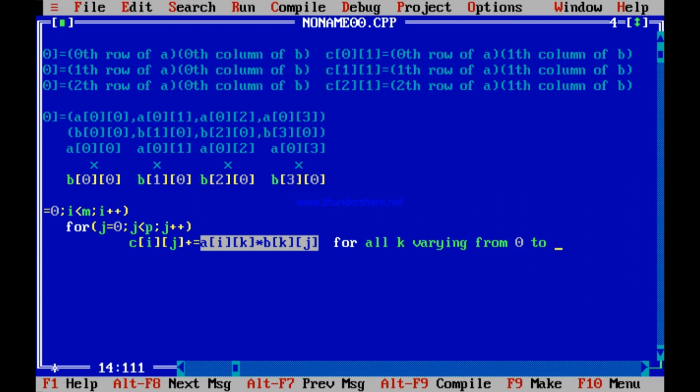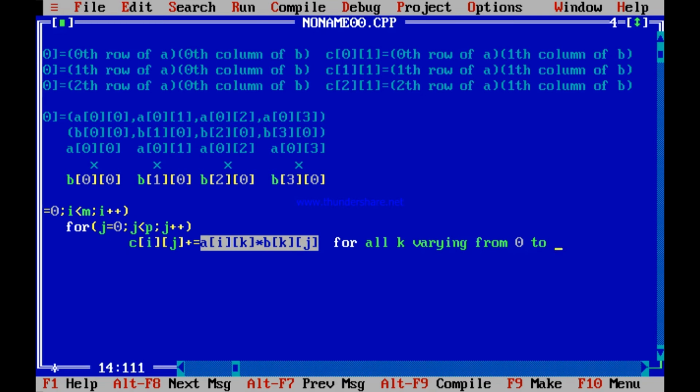For all k means how many? 4. Why 4? Equal to the column number of A and row number of B. For all k, see 0, 0, 0, 1, 0, 2, 0, 3. 4 times I did. Why? Because there were 4 columns in A and 4 rows in B.